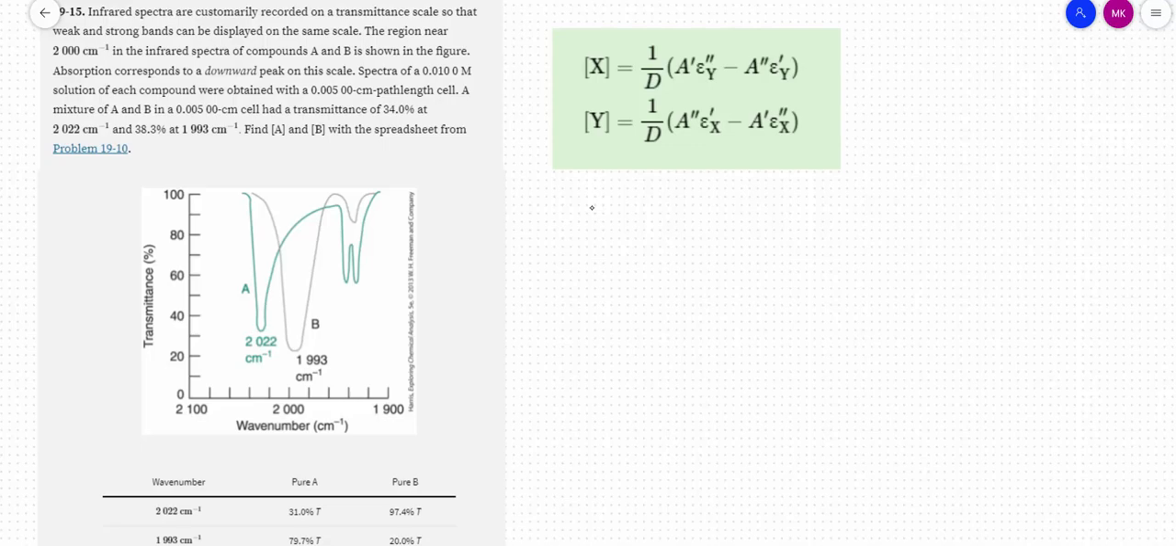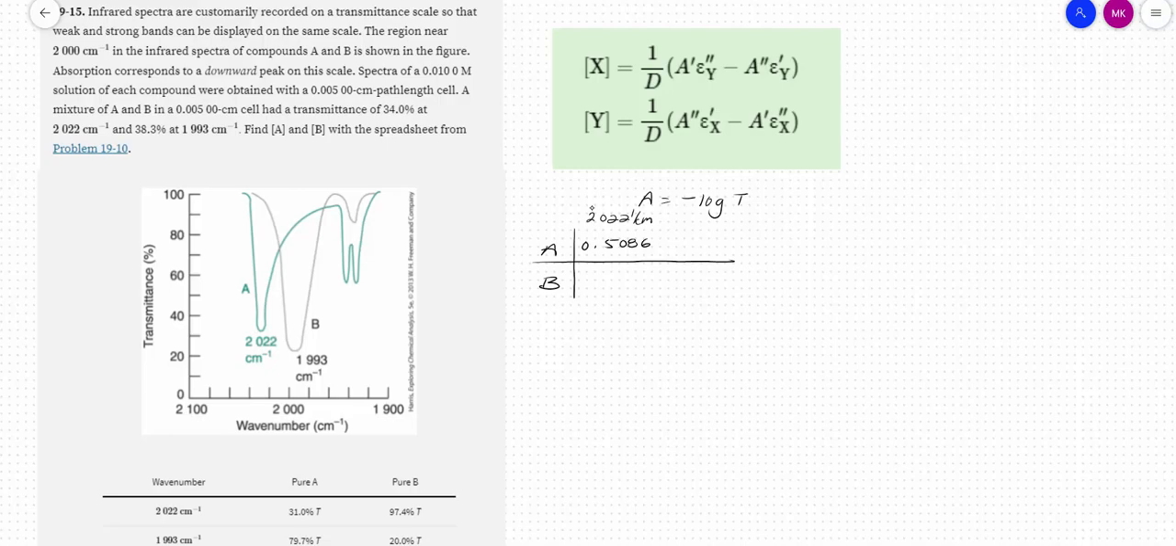Number 15, first we're going to convert transmittance into absorbance. So absorbance equals the negative log of the transmittance. We have two compounds, A and B. At 2022 wave numbers, the absorbance of A is going to be